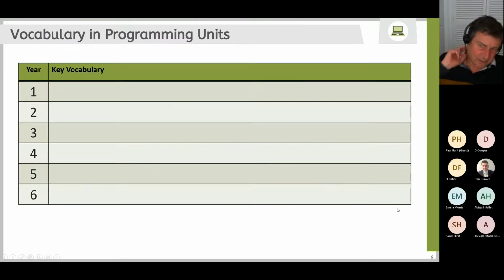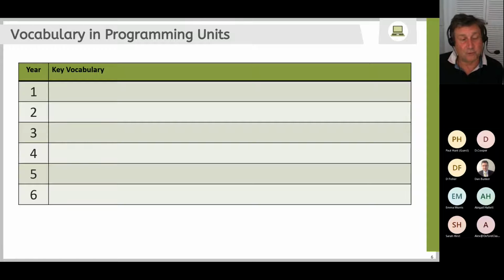And whilst we're doing that, what Teach Computing do is obviously give you a lesson plan for every lesson, and those programming units, there's 12 of them in the scheme. So there's 12 lesson plans. Sorry, there's 12 units, each has 6 lessons. So that's 72 lesson plans available for you to do with programming. And in each lesson plan, they write down the vocabulary used in the lesson.